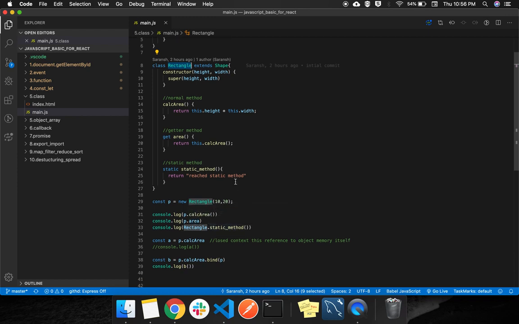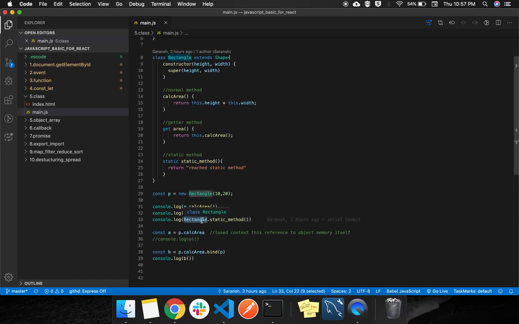Now there is a static method. This is the keyword static. So a static method can be called only with the class name. The benefit of the static method is it can be used as a global method for all the instances of that class. For a practical example, you can have a counter of how many instances have been created. So whenever you are creating an instance, you can increment the counter using the static variable in the static member of that class. So that static variable will be shared across all the instances of that class.